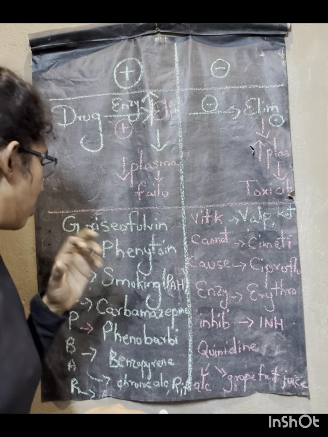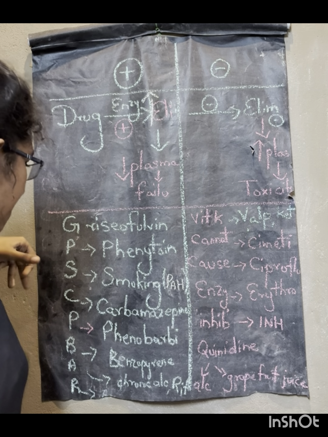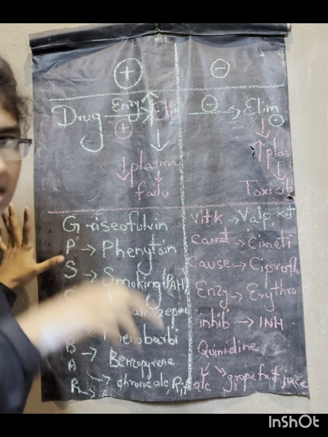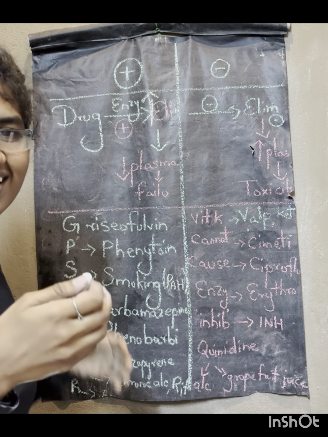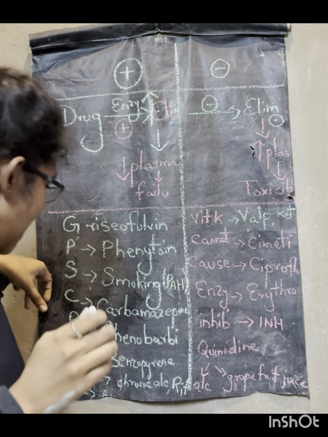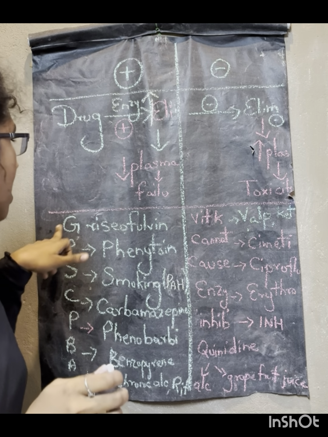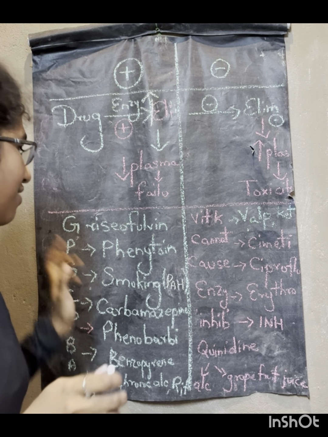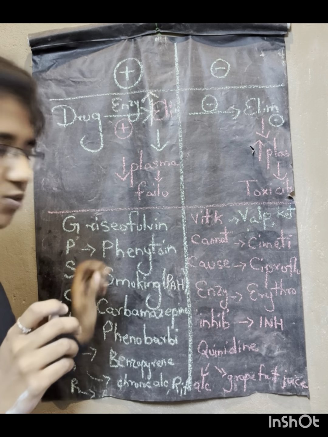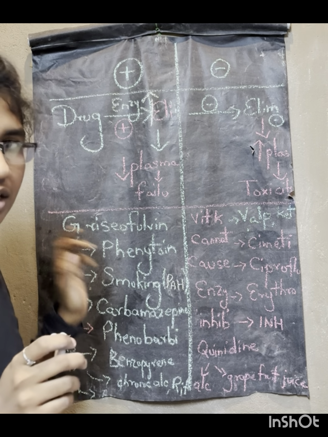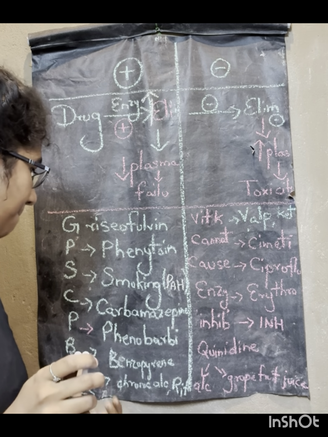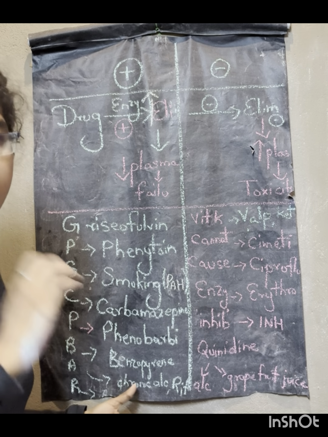because the next application is fully based on this. So you can remember, like I have created a mnemonic for enzyme inducers. You can remember like GPS cell phone, GPS in the cell phone. Seeing that they are going to the bar, I can remember just for the mnemonic. So GPS cell phone bar. So G refers to griseofulvin, P phenytoin, S smoking. The PAH, that is polycyclic aromatic hydrocarbons which is present in the smoking, will cause induction of the enzymes. C carbamazepine, P phenobarbital, B benzopyrene,